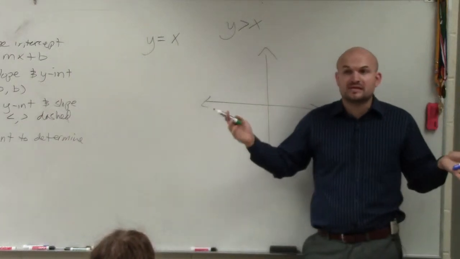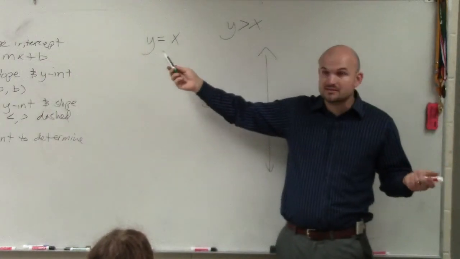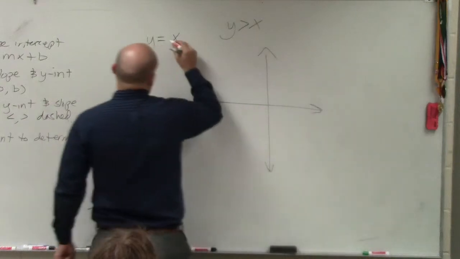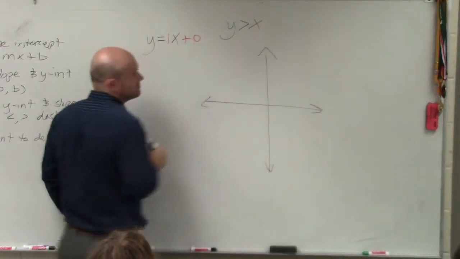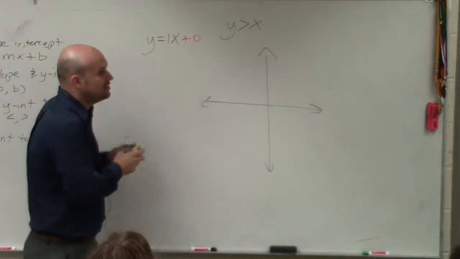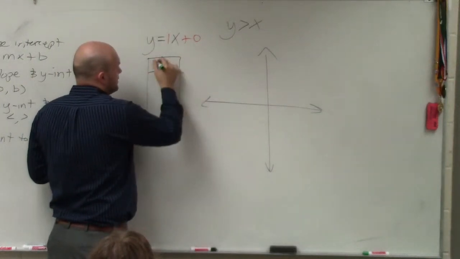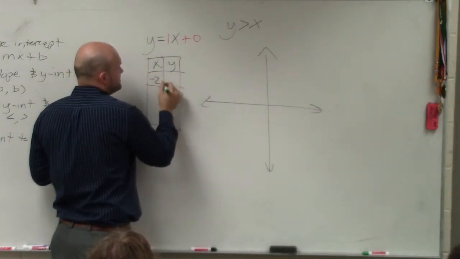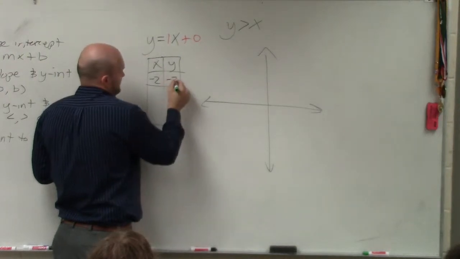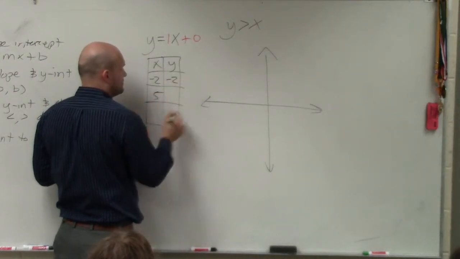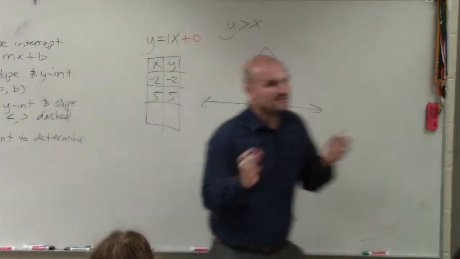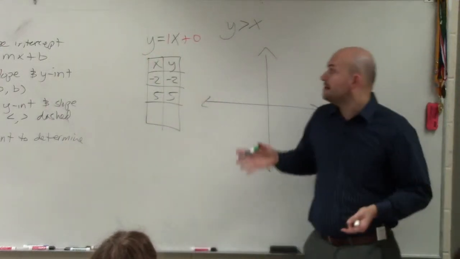If slope-intercept form doesn't work, you could still write it in slope-intercept form, like y = 1x + 0. Or you could also look at a table of values, which you guys first learned. x, y. If x equals -2, what does y equal? -2. If x equals 5, what does y equal? 5. So whatever x equals, y would equal. So the inequality